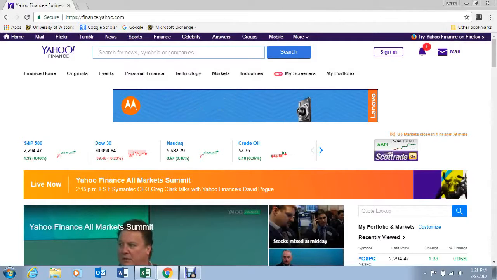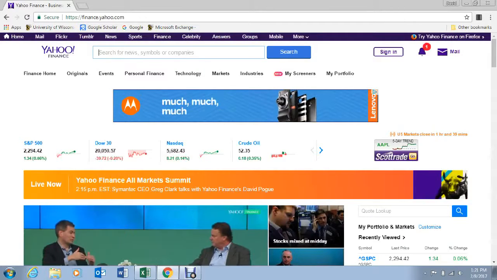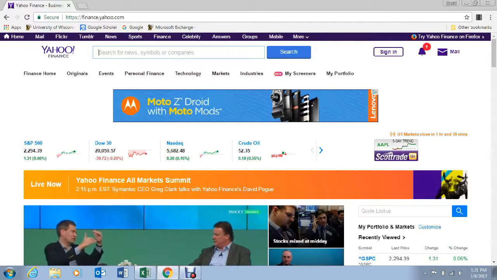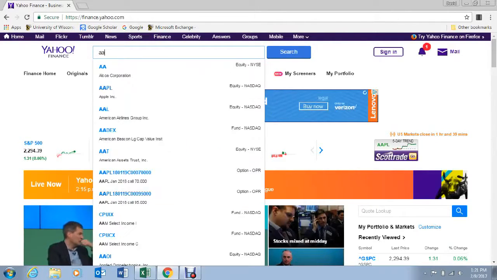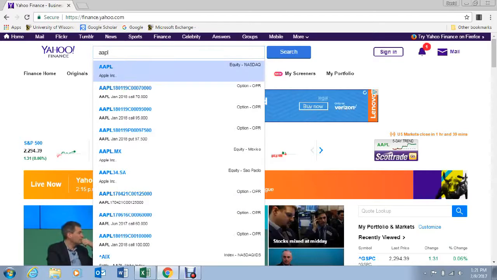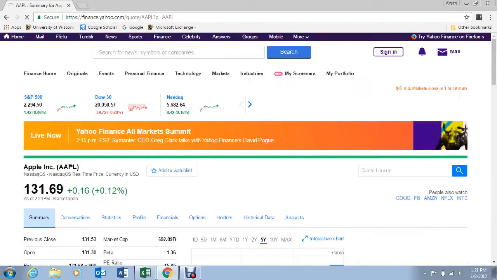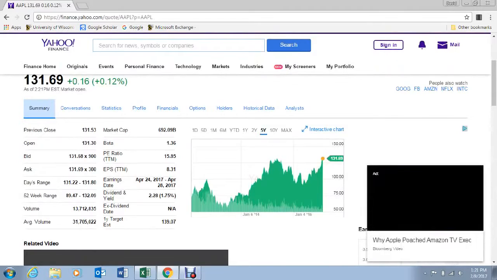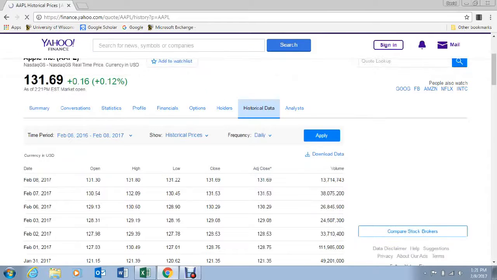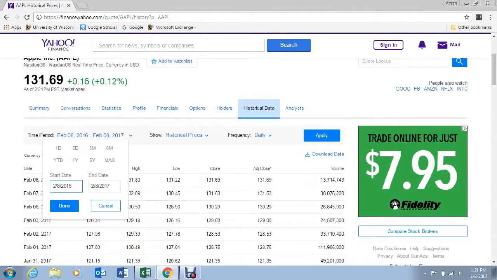This is a simplified version of what I was shown in class. So let's get our Apple information first. And what we want to do here is go to historical data. Then we want to say from